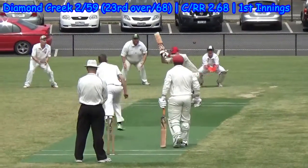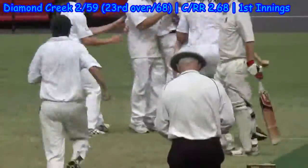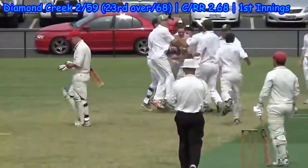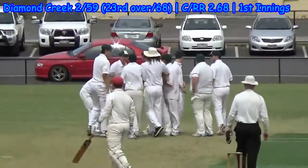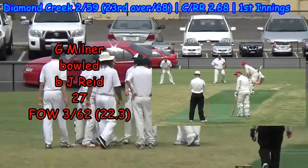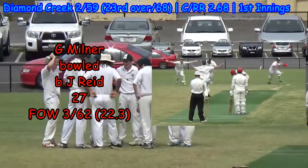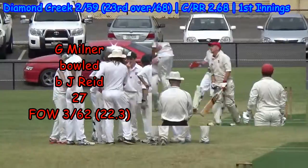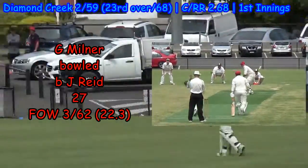Comes into bowl, and oh no! Chopped it on! The third wicket has fallen for North Eltham, and they're ecstatic. They've removed the captain, Milner. I'm not sure what happened there. It seemed to be a miscalculation on Milner's behalf to think that he should leave that ball, and then he